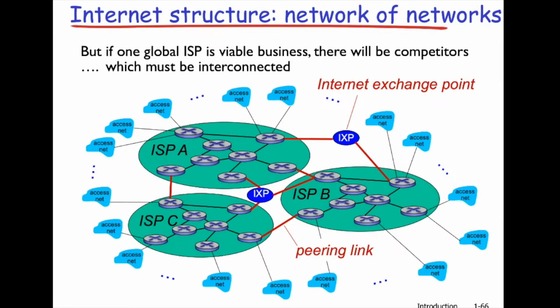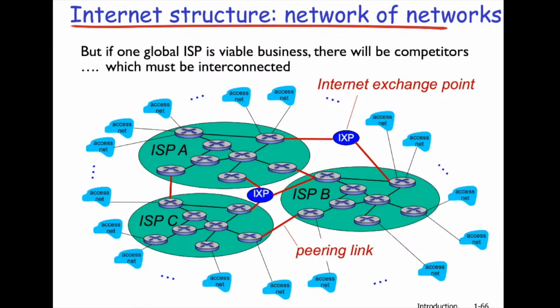Now, these IXPs are special. They're typically set up by government fund or by nonprofit organizations because it's important that we have a third party maintaining the basic operation of the internet, to avoid commercial companies dominating. So that's pretty much the structure of the internet for a long time.